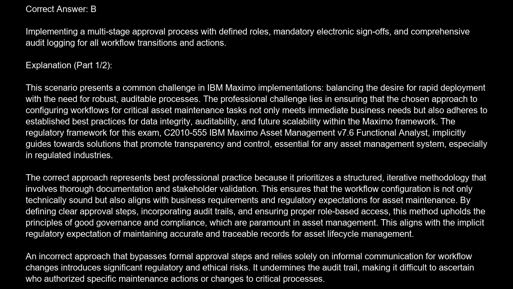need for robust, auditable processes. The professional challenge lies in ensuring that the chosen approach to configuring workflows for critical asset maintenance tasks not only meets immediate business needs, but also adheres to established best practices for data integrity, auditability, and future scalability within the Maximo framework. The regulatory framework for this exam,